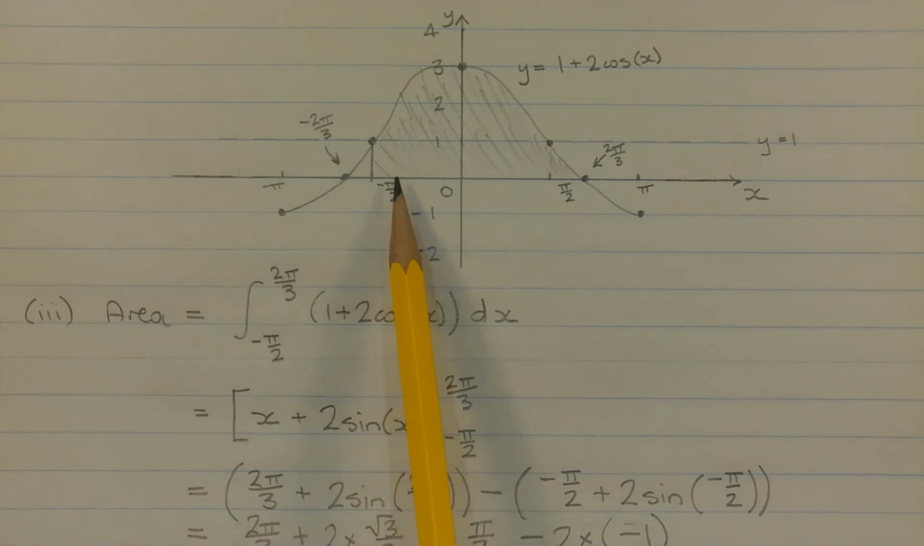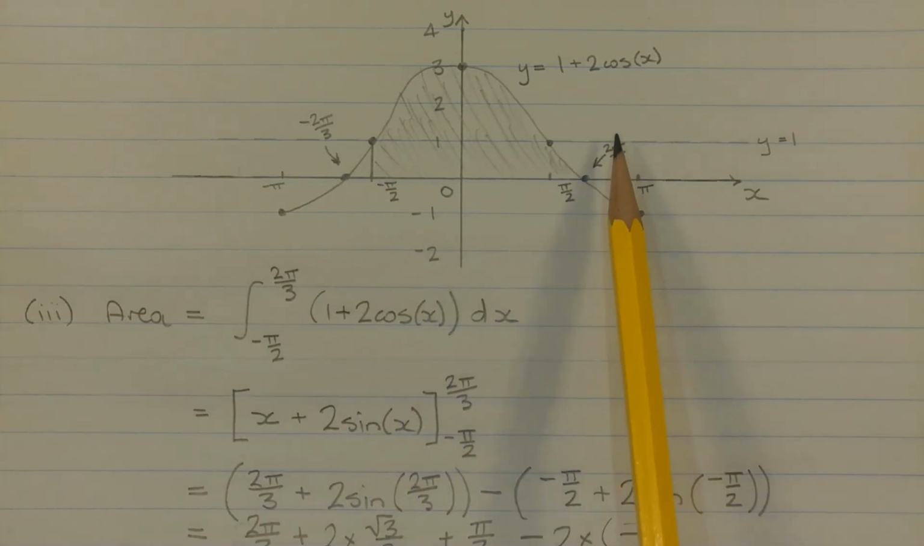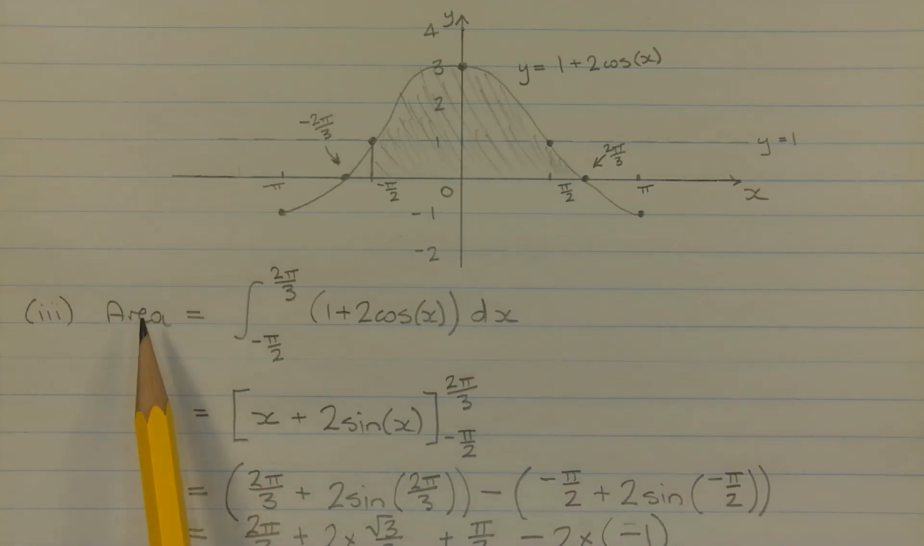Note that from x equals negative pi over 2 to x equals 2 pi over 3, the region is above the x-axis. So all we need to do to find the area is to integrate 1 plus 2 cos x from x equals negative pi over 2 to x equals 2 pi over 3. Performing the integration, we get x plus 2 sine x from x equals negative pi over 2 to x equals